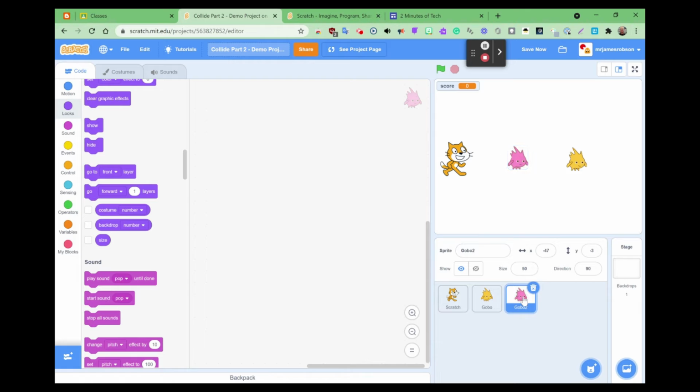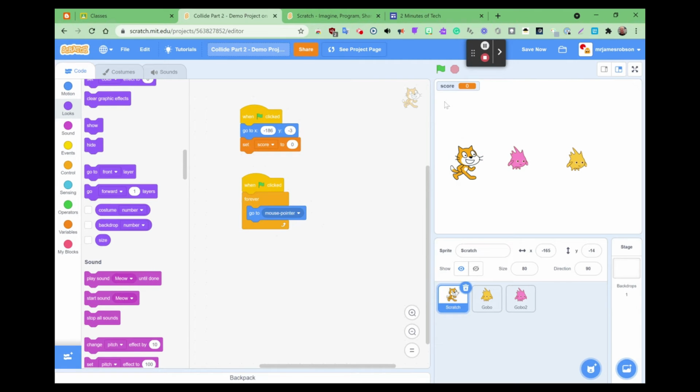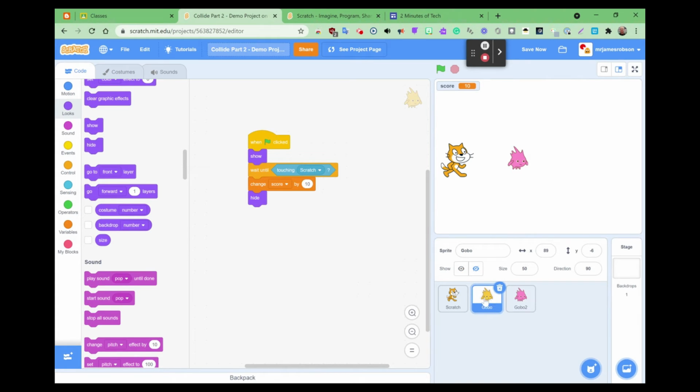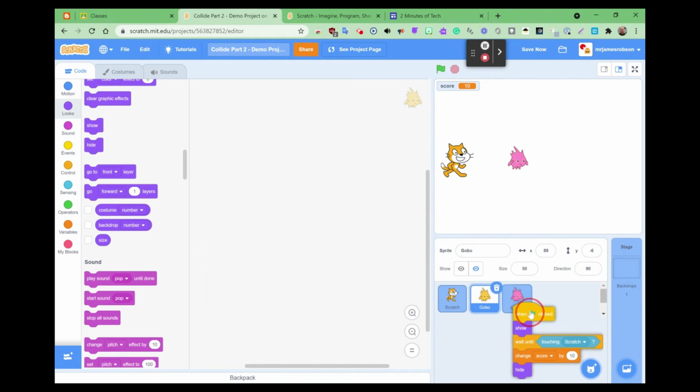Next, we're going to code the pink Gobo. So you can see with the yellow Gobo, if we touch it, try that by clicking on go there, and you'll see the points have gone up to 10. Now with the pink Gobo, we're going to do a very similar code, and there is a very quick way of doing this actually. If you go to the yellow Gobo and you click on the code, a little hand will appear at the very top. If you drag that over, drop it onto the pink Gobo,